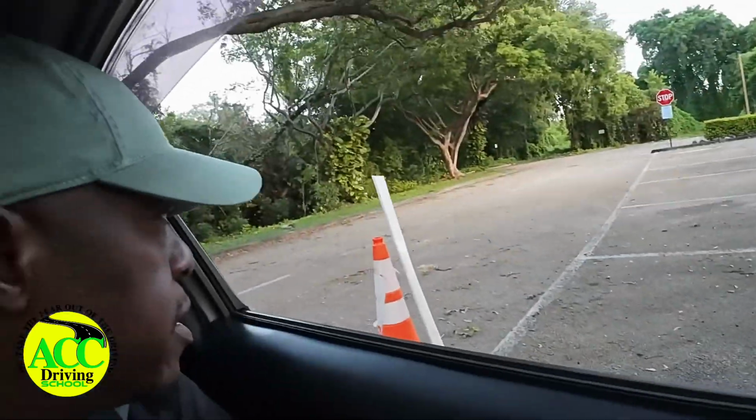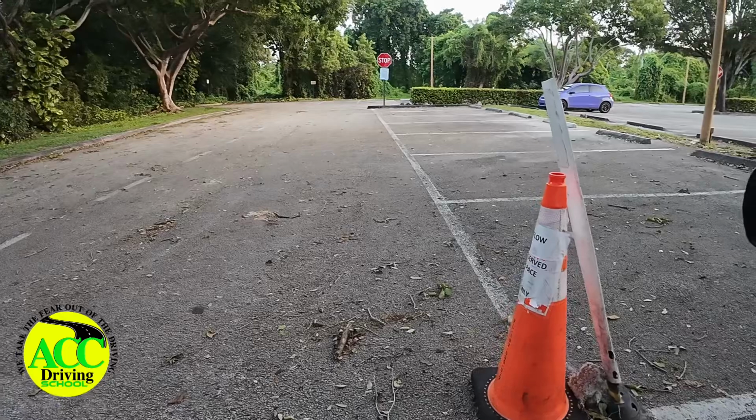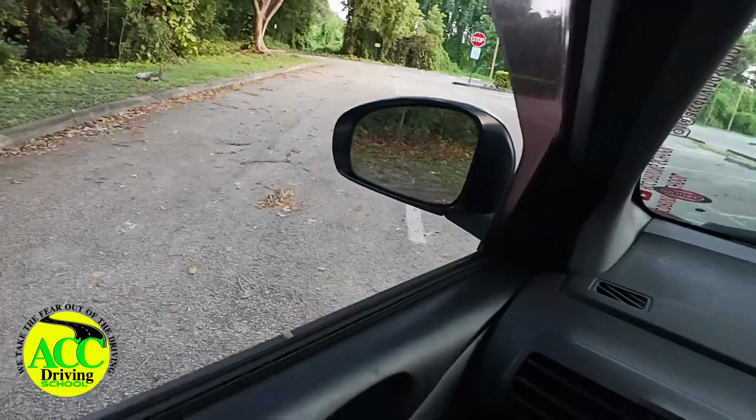Now you're looking behind and you're reversing. As soon as your mirror here is past the end of the line, which is where the cone is, you will turn all the way to the right as you reverse. Look behind and reverse. About here, as soon as your mirror is past the middle of the space, you put the car back in drive. You pull up next to the line on the right side,